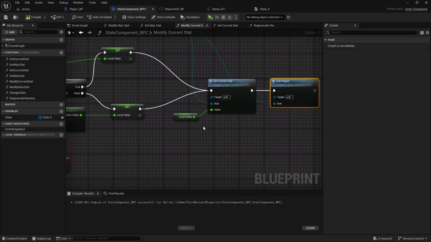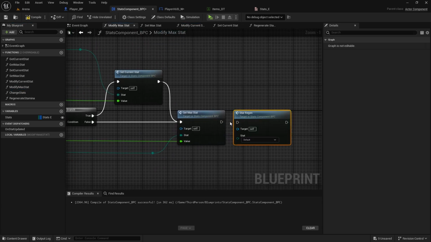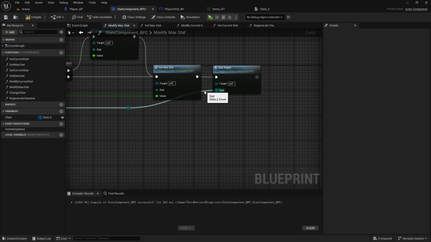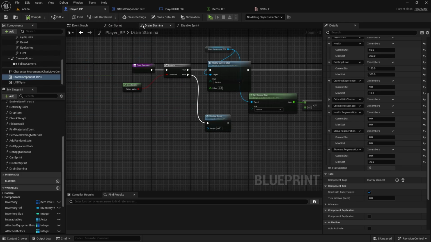So in modify current stat, also in modify max stat we need to do it as well. So modify max stat, after we set max stat. Okay, so we'll start regen and the stat will be the stat here. All right, so if you modify both of them, because we can change the max stat value as well, as I said, from the armor or something, we want to start regeneration as well. Okay, now hopefully,